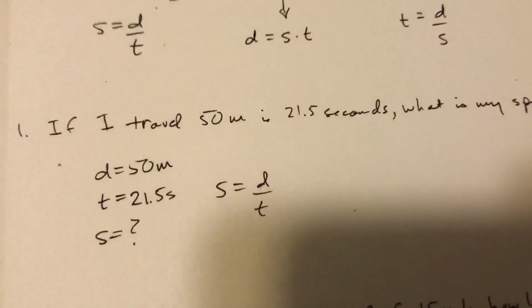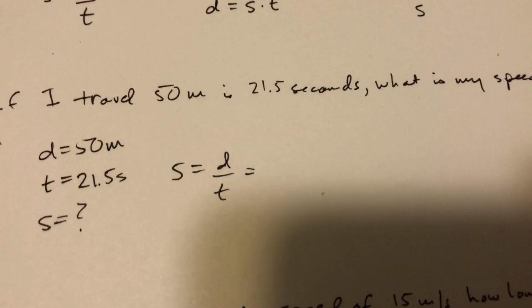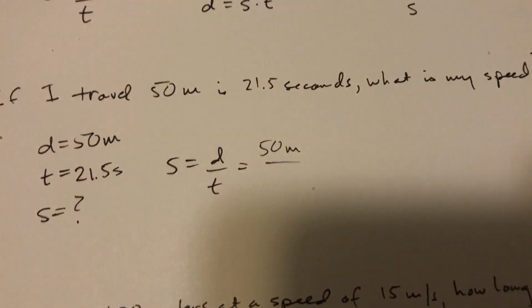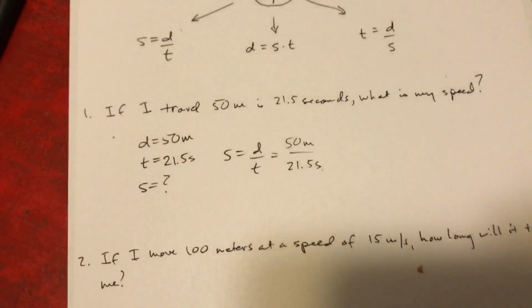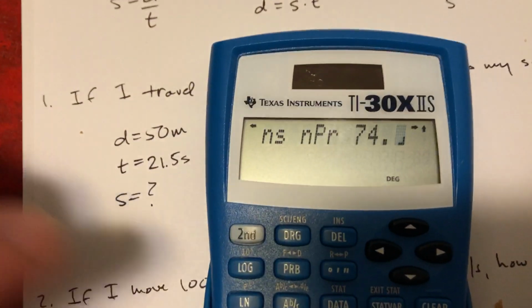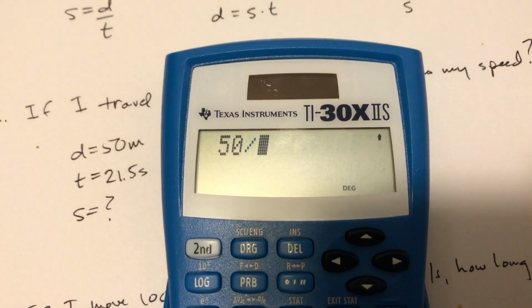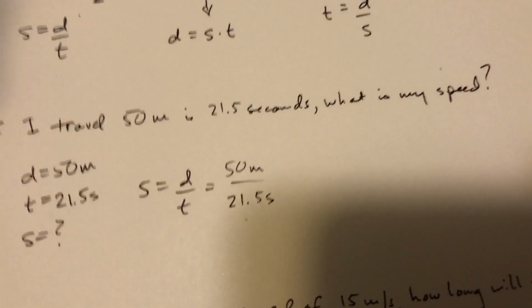That's step 3. Step 4 is to plug in and substitute. So d is 50 meters and t is 21.5 seconds. Now I need to calculate that. All right, so I go 50 divided by 21.5, and I get 2.325. I'm just going to round that to 2.33